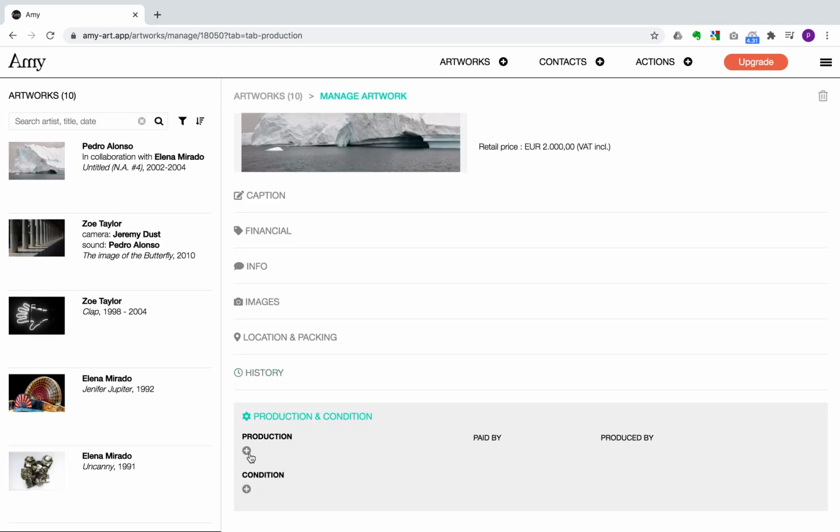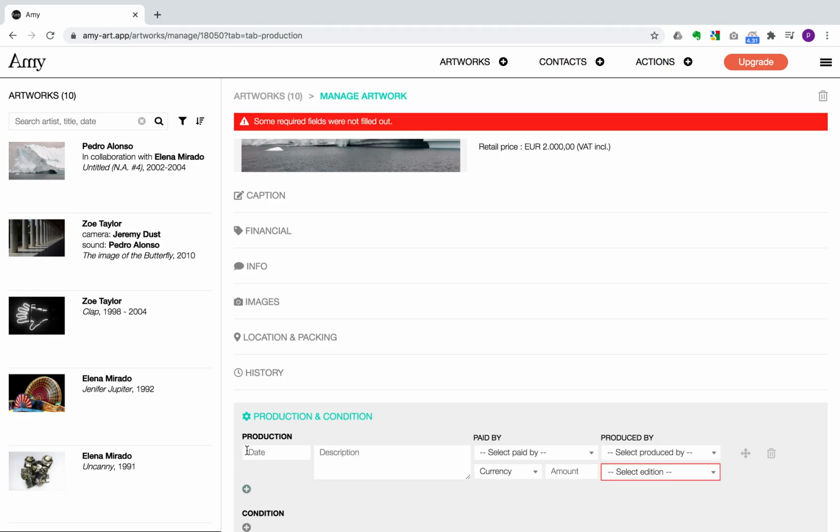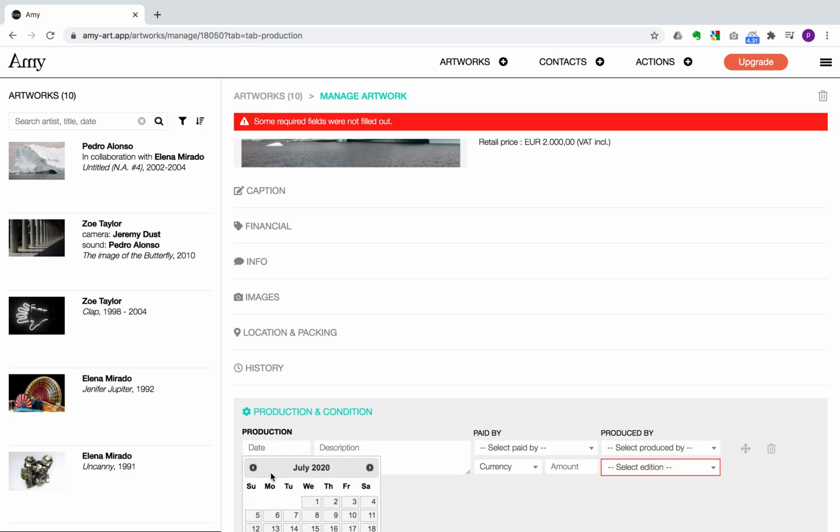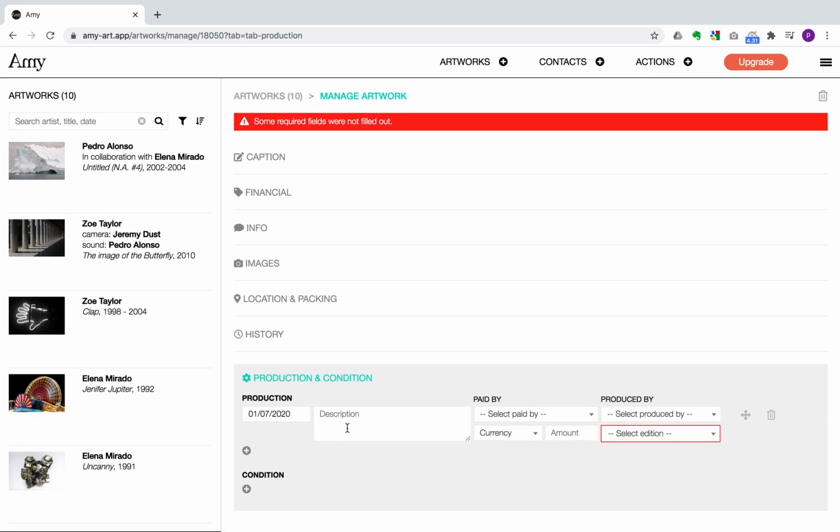Here, you can simply click on the plus icon to create a new line. You can add the date, and in the description field you can give all the details you want, such as a type of material or the cost for a transport. Anything you want to keep for your records can go here. Let's say in this example a frame was made,